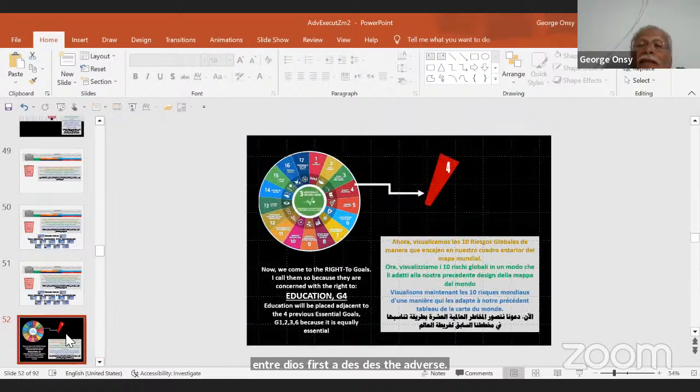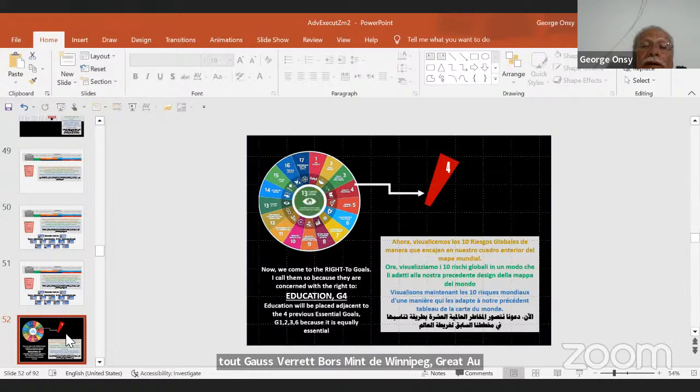Before we start this slide, okay. The other ones, another group. I'll talk about another group, which is number 4. I call this group the right to goals. The right to goals means the right, when people ask about the right for education, the right for equality, the right of recognition, and so on. So this is number 4, and 5 and 10, as you will see.